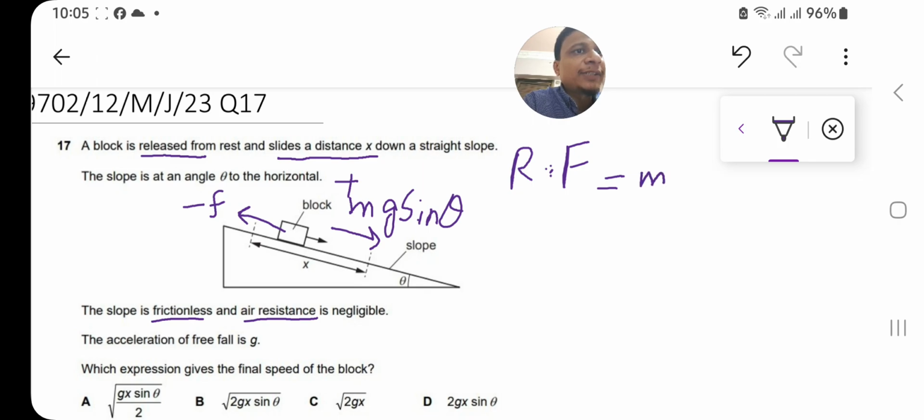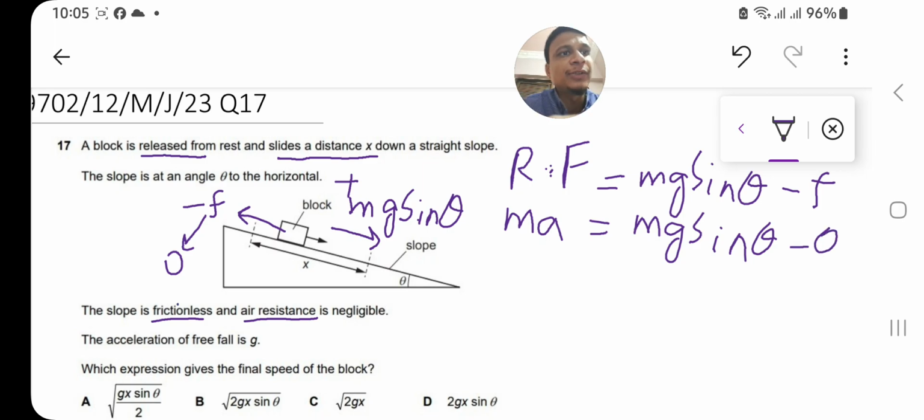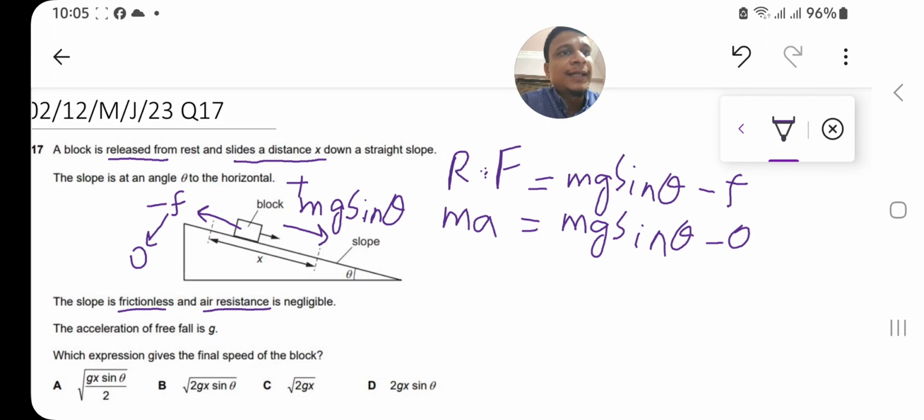So we will take mg sine theta minus f. Here the friction is negligible, so place 0 in the place of friction, and the resultant force is always ma. Write ma equals mg sine theta minus 0. Friction force is 0, so you can say it is minus 0. When you cancel out m and m, you get a equal to